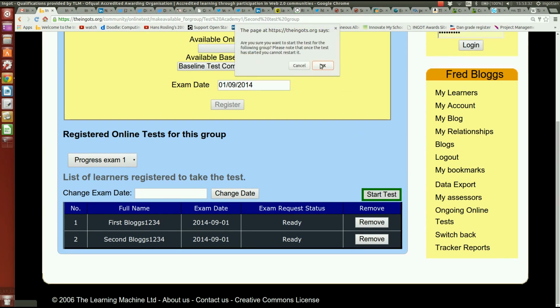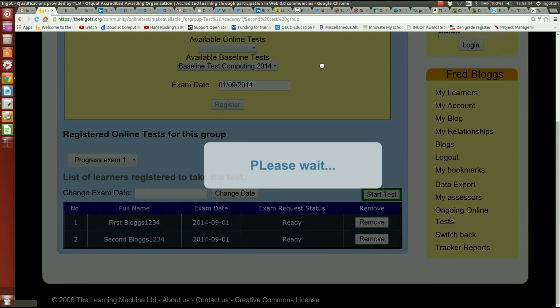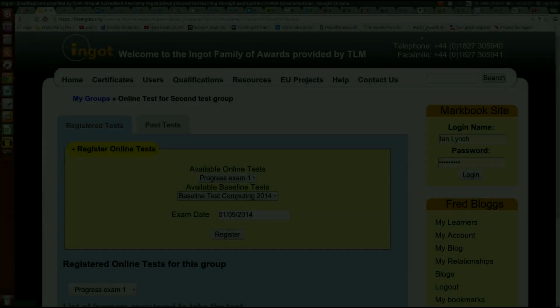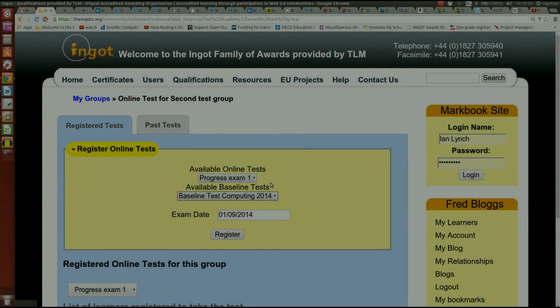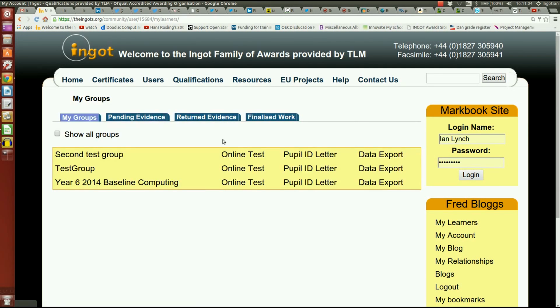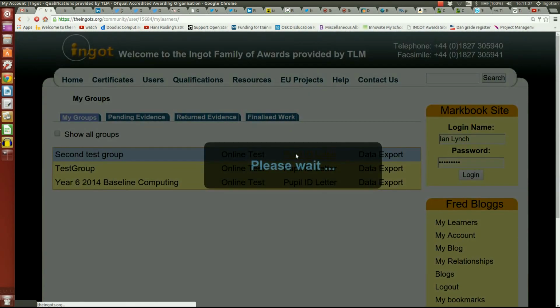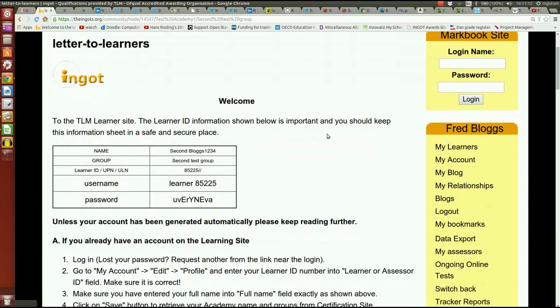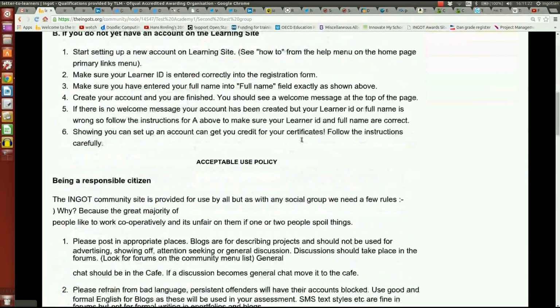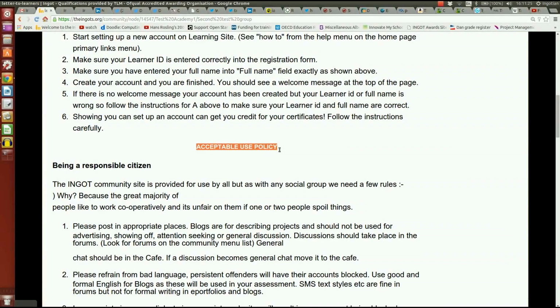The next section is how to get the student usernames and passwords and log in. Now we go back to My Groups and we can see the list with the online test and the pupil ID letter. So click on Pupil ID letter, and this provides a letter with the username and passwords for each of the students. It also provides information that might be useful within the course. There's an acceptable use policy for using the site, being a responsible citizen,